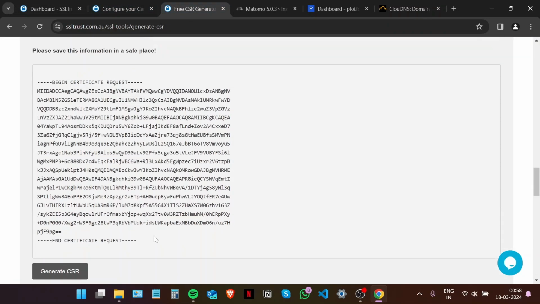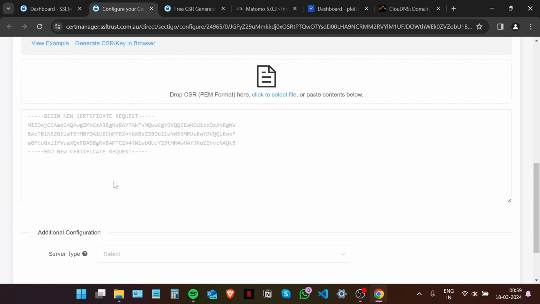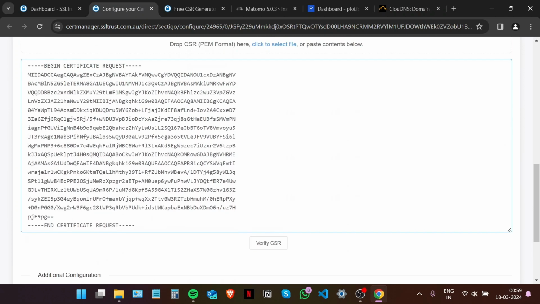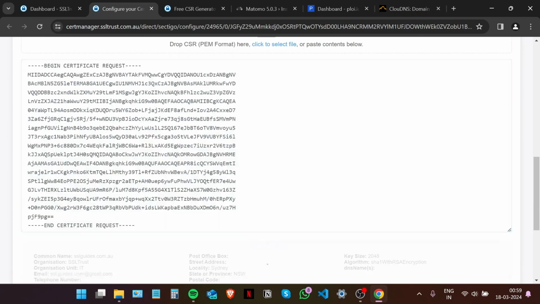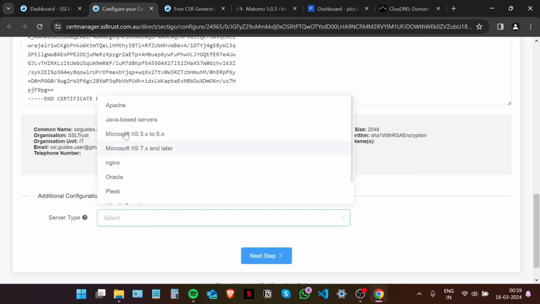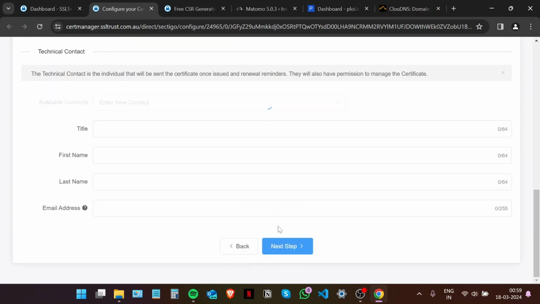Now we're going to head to the CSR window or your text file and copy your CSR from the very start to the very end, including all the dashes, and then paste it right here. Click on Verify CSR, and if these details look just like you inputted them, then we're good to go. Server type, we're going to go with Nginx since Ploi has provisions for this. Next step,